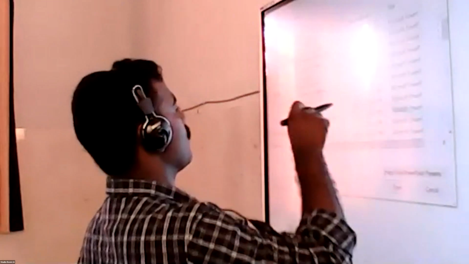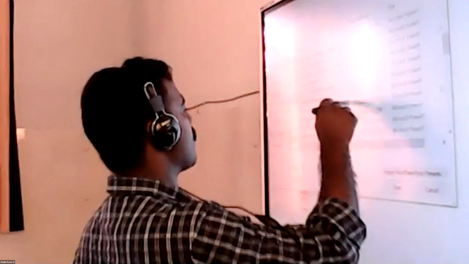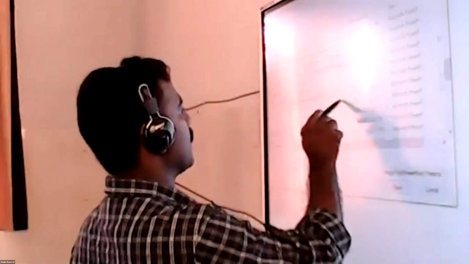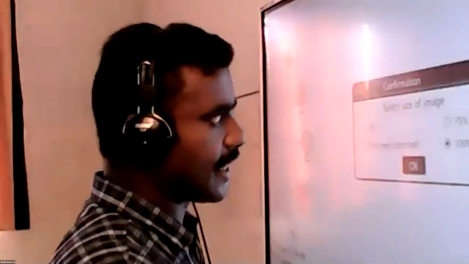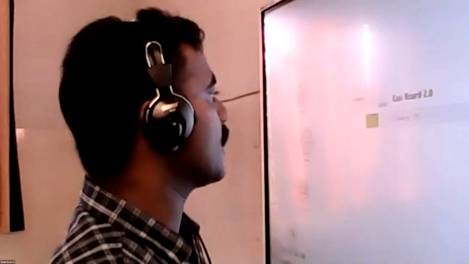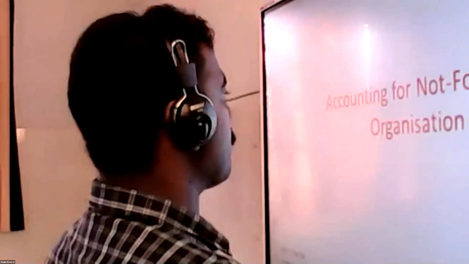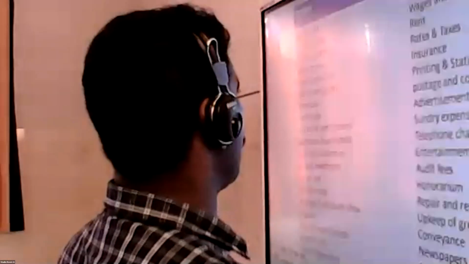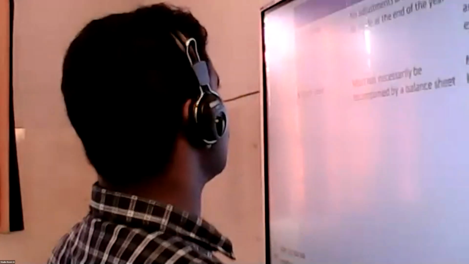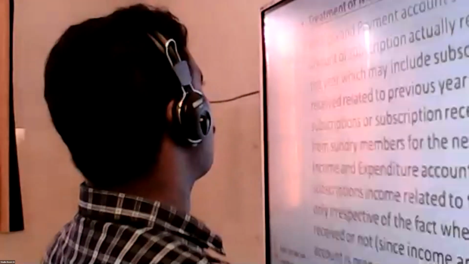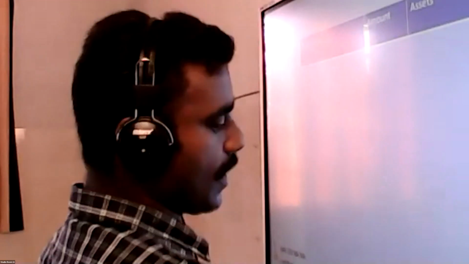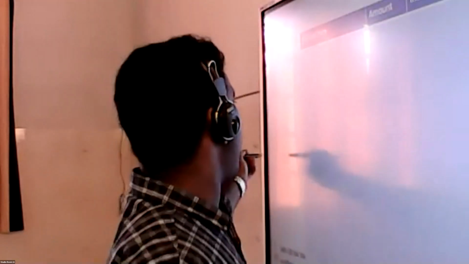So, on the payment side, one rent is given. That is for 13 months. That is 13-month rent, so we have to calculate 1 month rent. How will we calculate? Here it is given that 1 month rent is paid in advance.